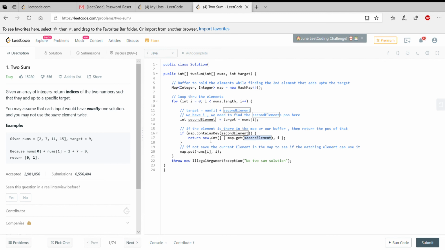So what it basically does is, you scan through the elements and see if you found a matching thing in your buffer. If you did, then return those two. If not, continue putting the elements into your buffer. If you didn't find any solution in this problem, then you're going to return no solution as an illegal argument exception. So I'm going to run this code